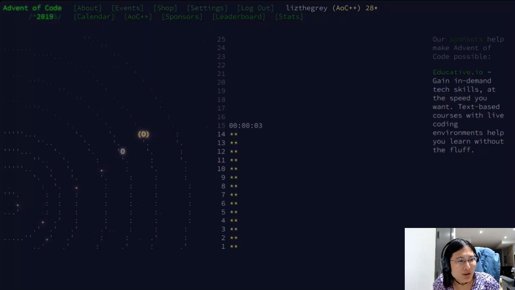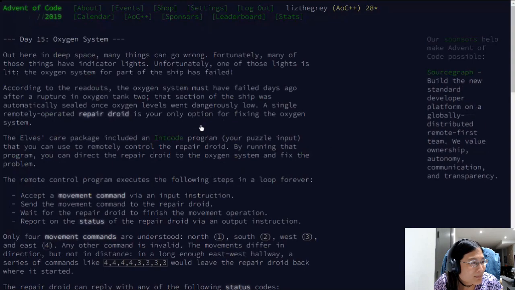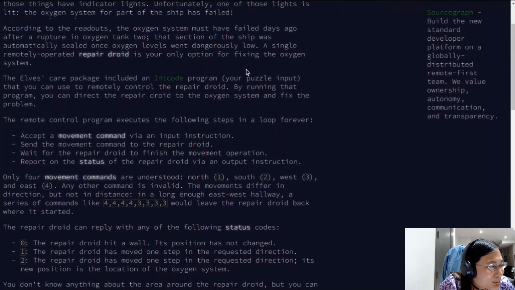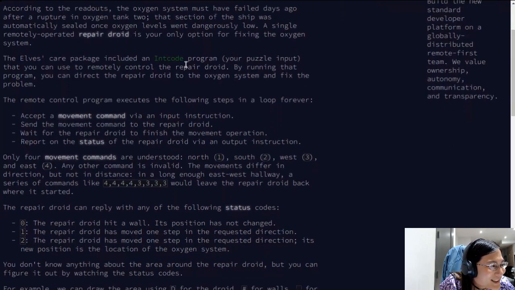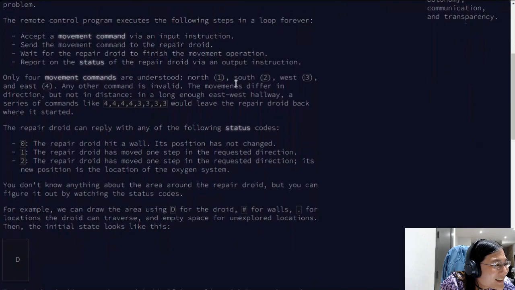5, 4, 3, 2, 1, and the puzzle's open. Okay, uh-oh, our oxygen system is broken. Oh, and there's Intcode. Select movement command, send the movement command. North, south, east, and west. Okay.